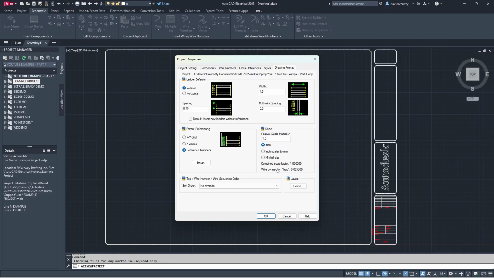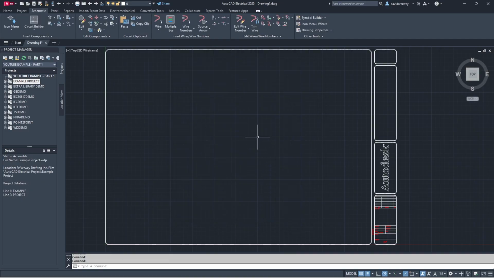This is all things you can change, and then you can also change your layers as well. Again, these are things that come up in other videos, but for now, we're just going to leave it as the default. We'll click OK. Once that's set up, you can see that your project is ready, but you have no drawings